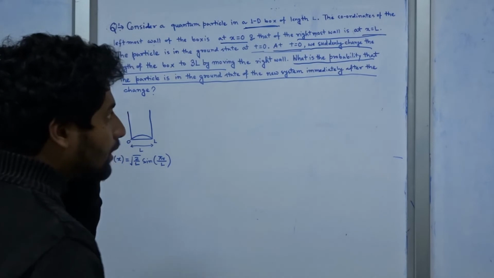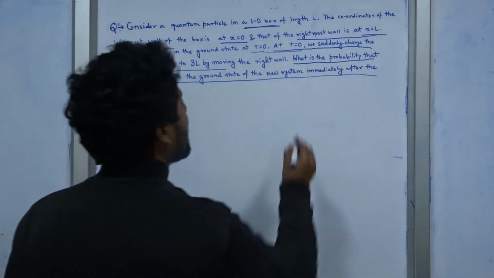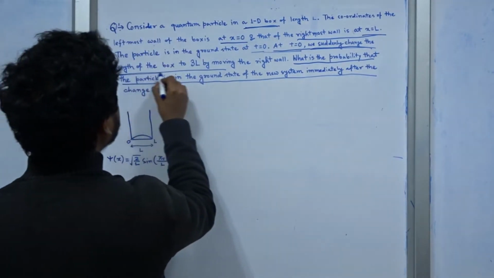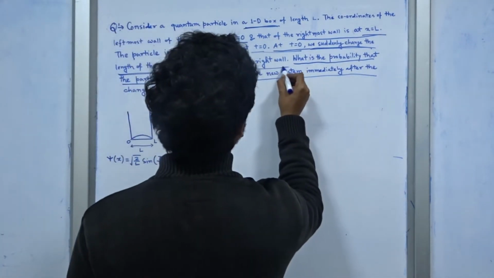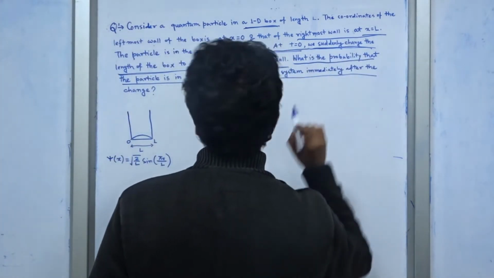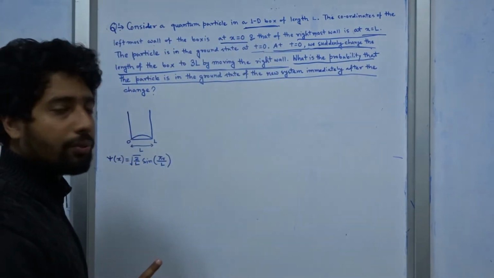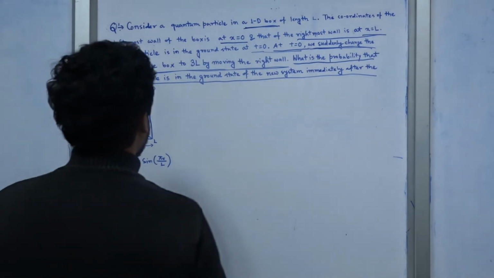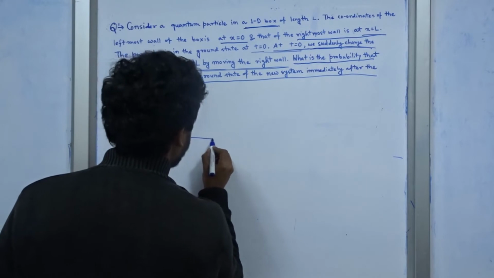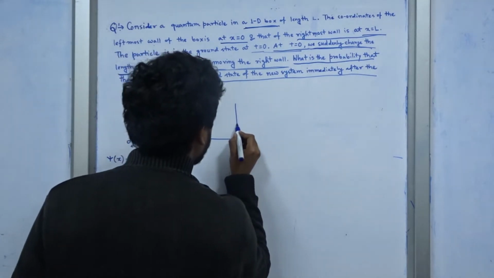Now there is a twist. At t equals 0, we suddenly change the length of the box to 3L by moving the right wall. This sudden change is a very important phrase in this question. Now this is the box. Now if I suddenly change this box to a length 3L,